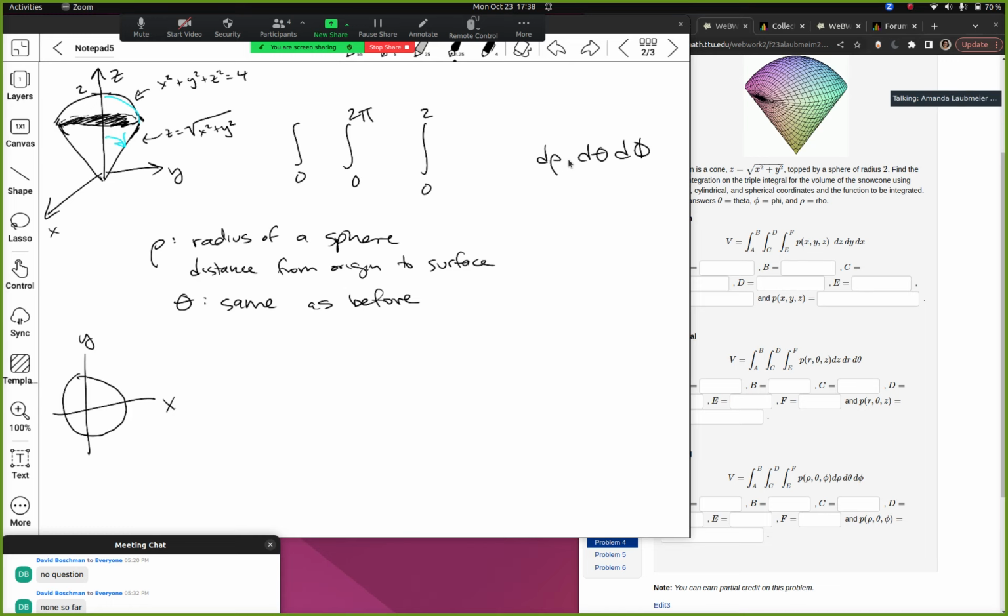And then if you look at the cone, you might say to yourself, okay, this is like a 45-degree angle, or like pi over 4. So that's one way to arrive at what phi is. You know that for a cone, z squared equals x squared plus y squared is a proportional change in z to change in x and y. So you would expect that to be exactly down the middle of the divide between z and the xy plane, exactly pi over 4. But if that didn't occur to you, the way you would have to do this